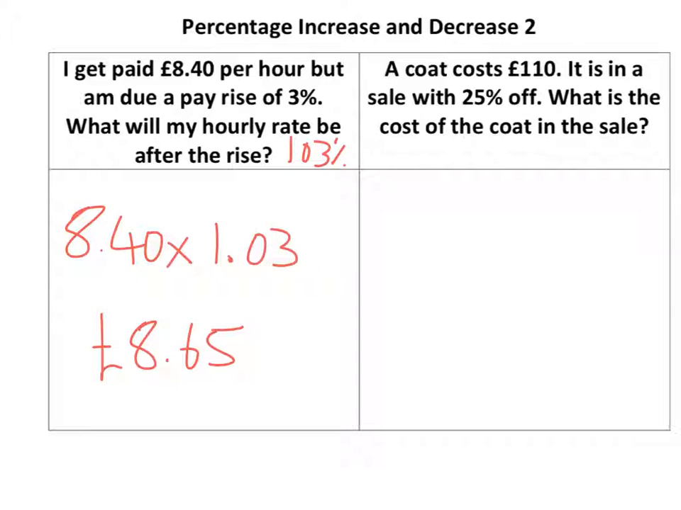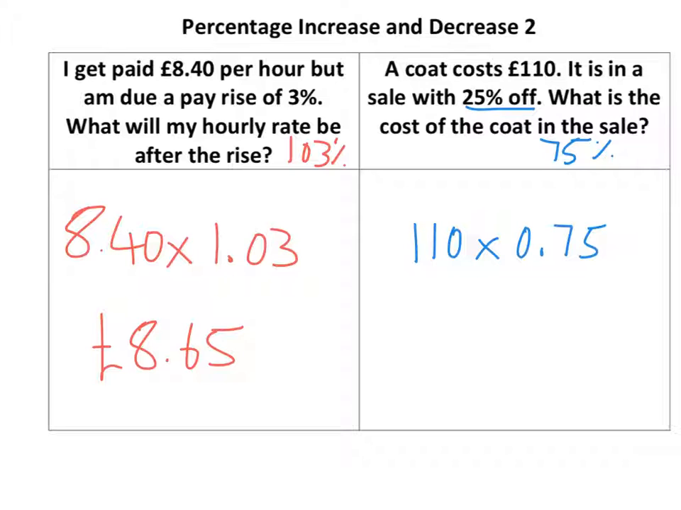Now, the second one: a coat costs £110. It is in a sale with 25% off. What is the cost of the coat in the sale? So, because it's 25% off, that means it's a reduction. So it's 100% take away 25%, which means it's 75% of the original. So therefore, I'm going to be doing 110 times